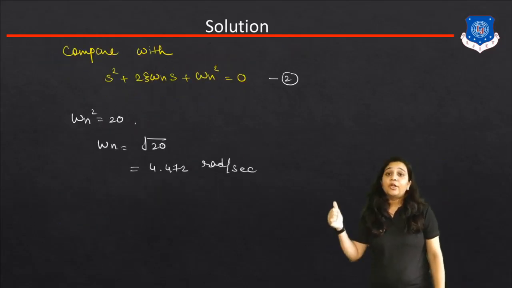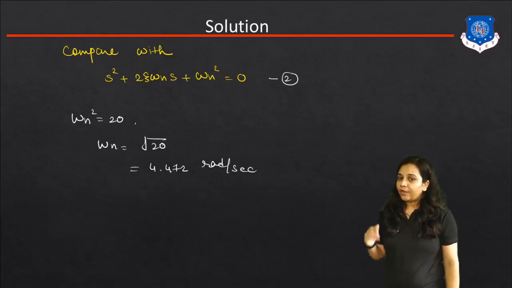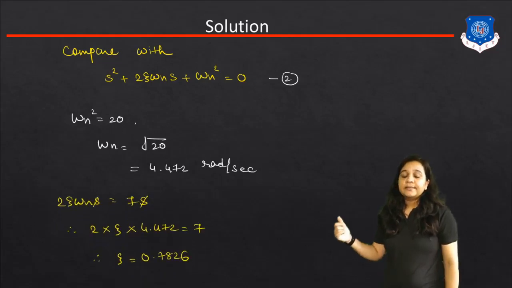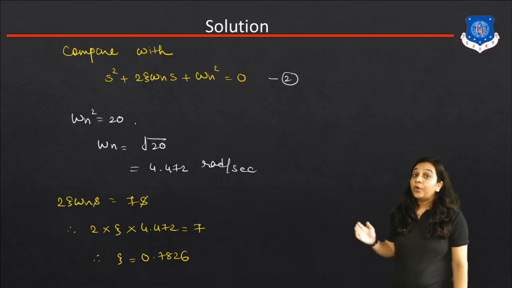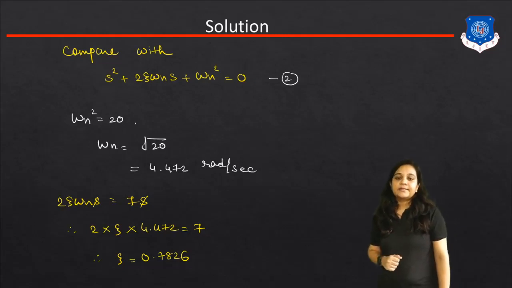So omega n is equal to under root of 20, which is 4.472 radian per second. Now we compare the second term. 2 zeta omega n s is equal to 7s. s is cancelled out, so we get 2 into zeta into 4.472 is equal to 7. So we get zeta